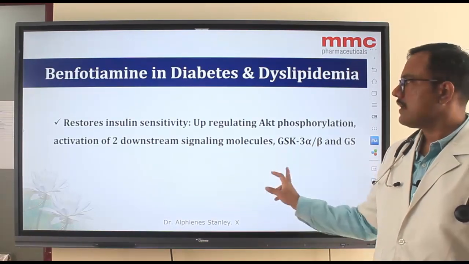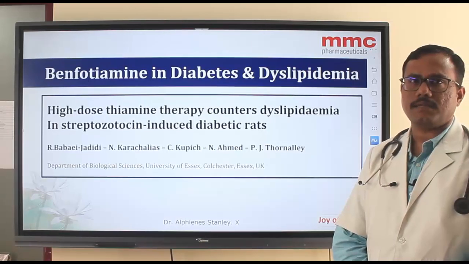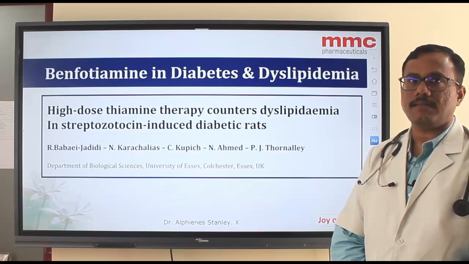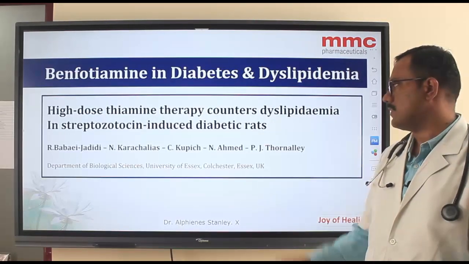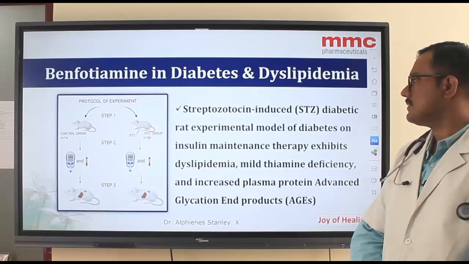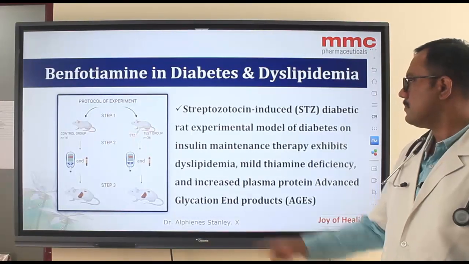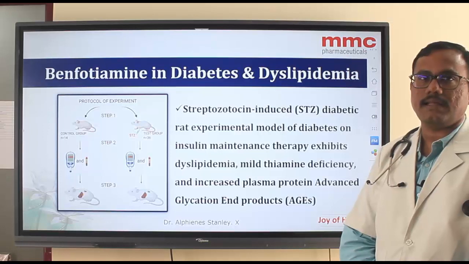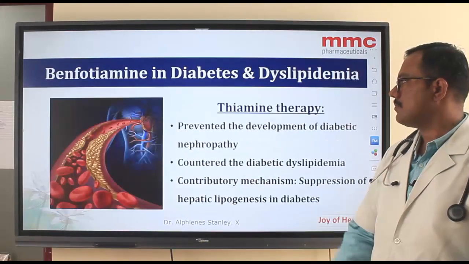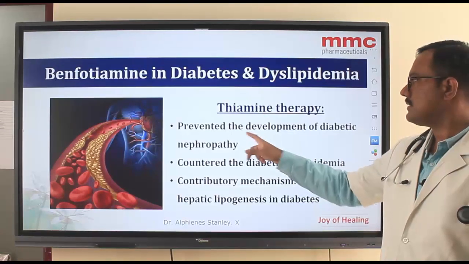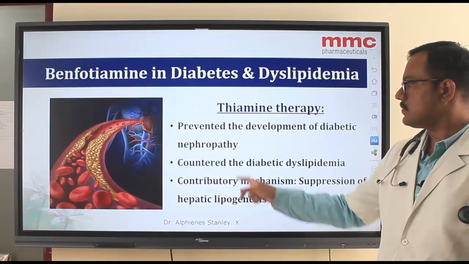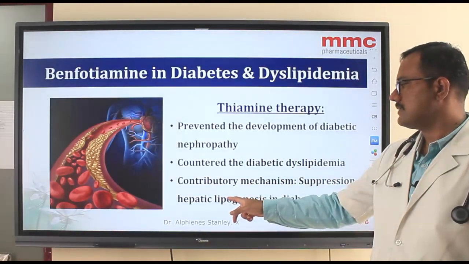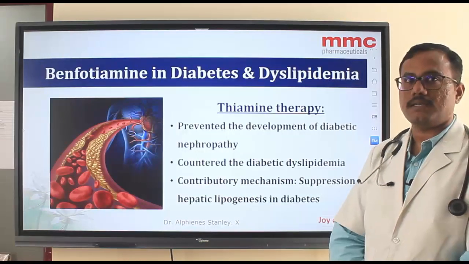and GS. In another study where they induced diabetes by streptozotocin in rat models, they gave high dose thiamine therapy and assessed their beneficial effects. First they induced diabetes, and the diabetic rats developed dyslipidemia, and also there was thiamine deficiency and increased advanced glycation end products. So at the end of therapy, this thiamine administration prevented the development of diabetic nephropathy and also countered the diabetic dyslipidemia, and the major contributing mechanism is the suppression of hepatic lipogenesis and reversing